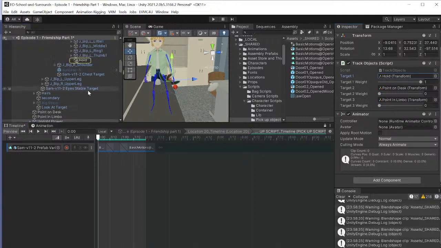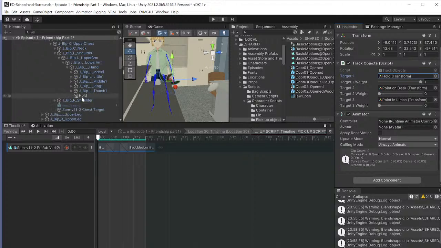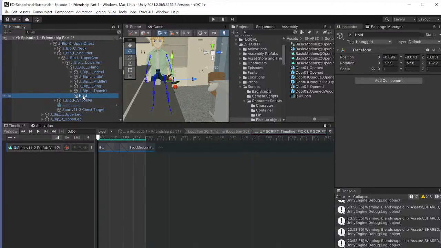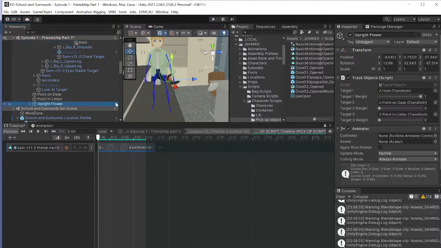What I've also done is for my character's hand, underneath their left hand, I've created what I've called hold. The idea is this is the position underneath the hand, so it'll move with the hand, that if it was holding it, this is where you'd want the object to go. So what we're going to do is not change the parentage of this flower pot in the hand. What we're doing is associating it with